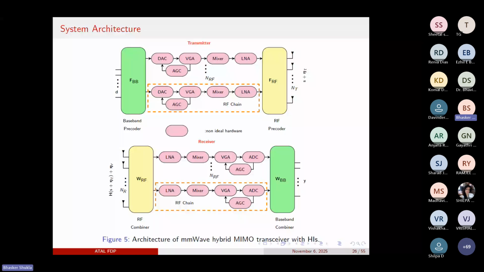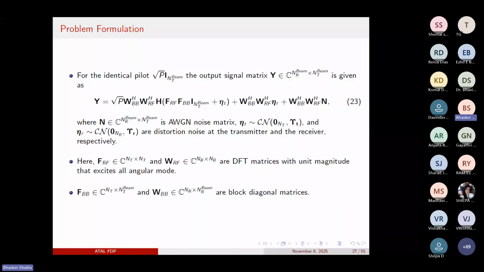At the receiver the received signal is given by this equation, where D is the intended signal, either the pilot or data signal. After applying the identity matrix for a pilot, the overall received signal matrix can be given by equation 33,